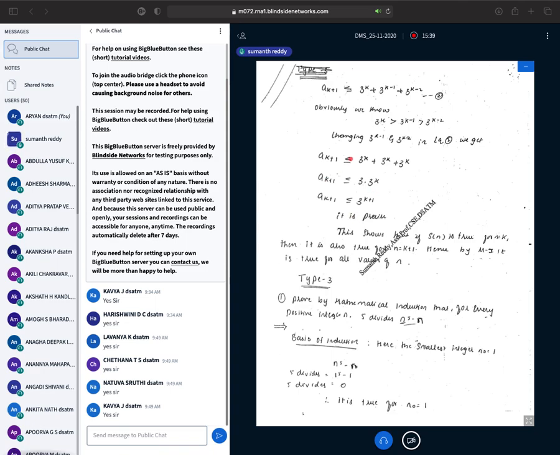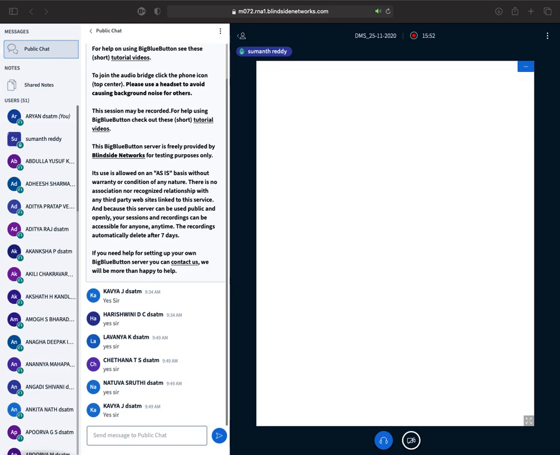See, these Ackermann and Euclidean numbers, in the new syllabus, he won't ask, okay? So don't worry about these problems. So directly, let us come to type 3. In type 3, before the first problem, let me first explain this one.